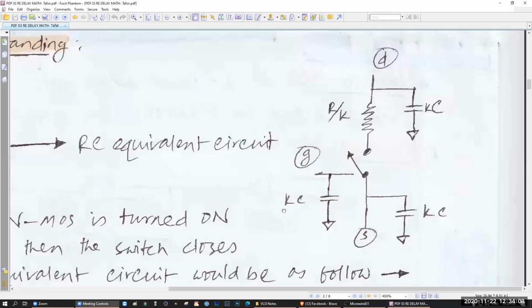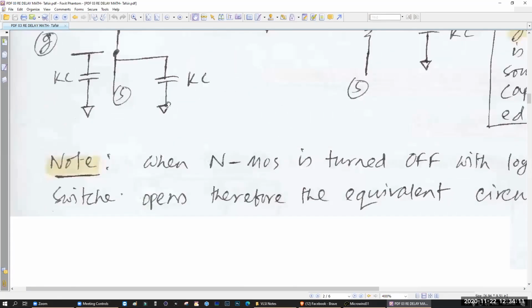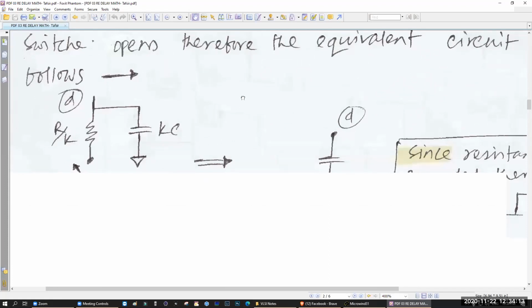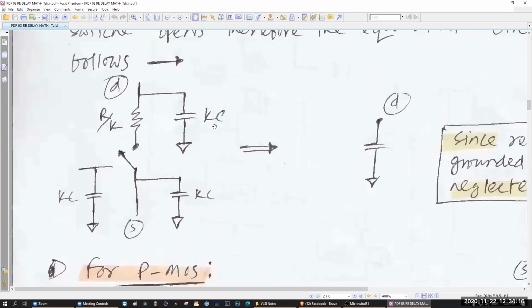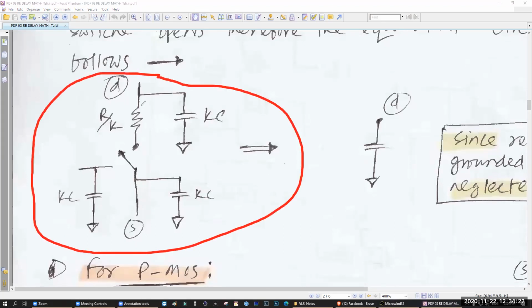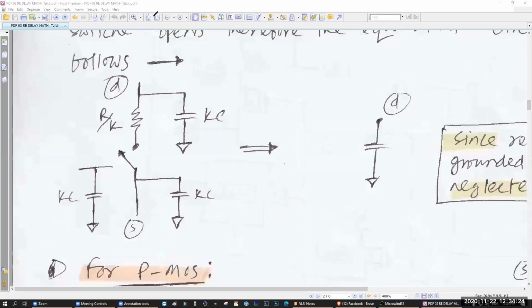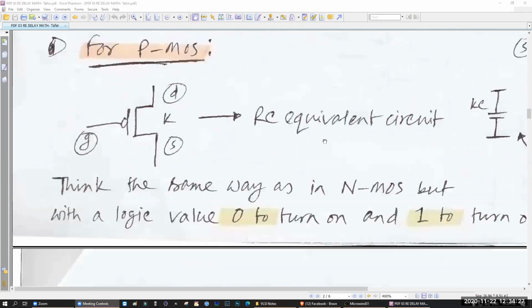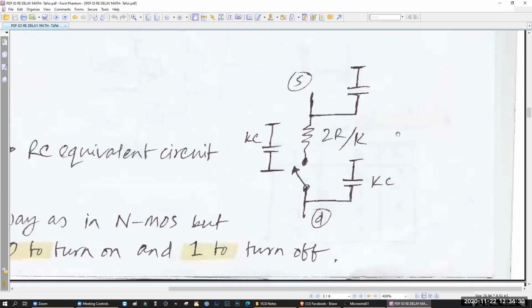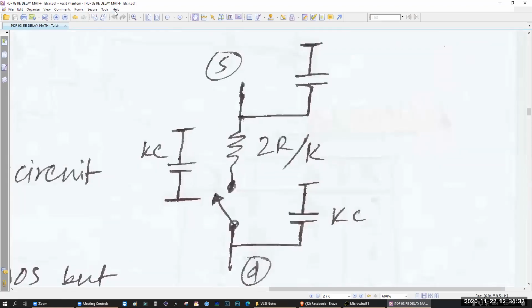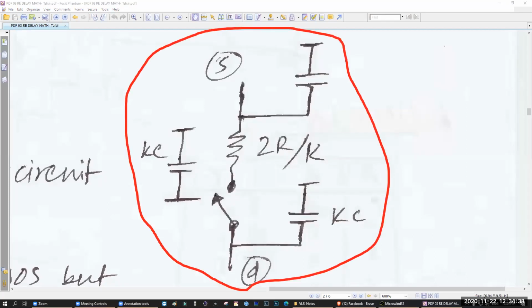This is the NMOS. Now go to the PMOS side. This is the equivalent circuit of PMOS. Okay. What? I zoomed in so much. This one. This is the equivalent circuit of PMOS. Here you can see the source is upper. Here is drain, and here is our gate. Every one of them is not going to the ground.